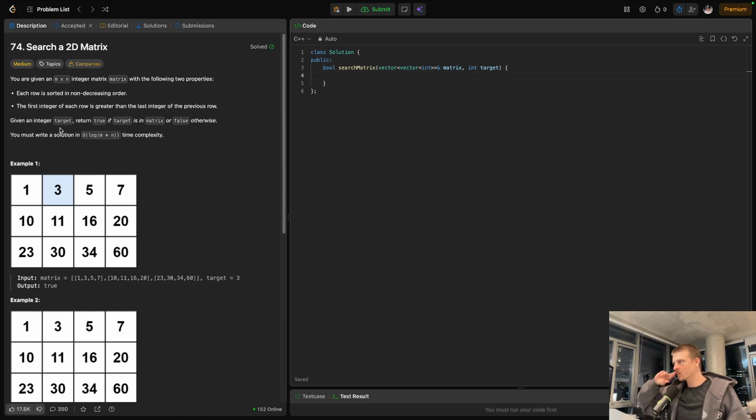Our solution has to be in logarithmic time complexity. So it's got to be in big O of log m times n time complexity. So they just give us the time complexity that it has to be in upfront, right? So what does this look like, right? If it's not already popping out,